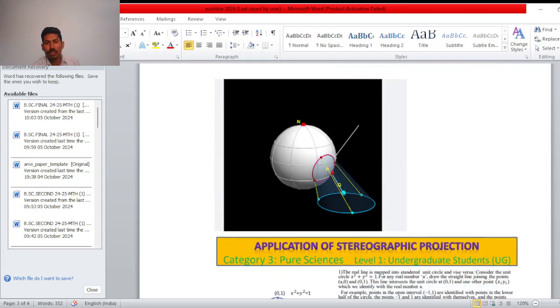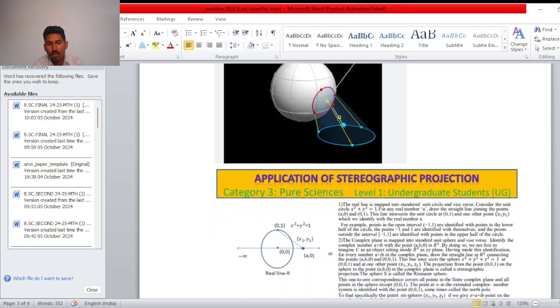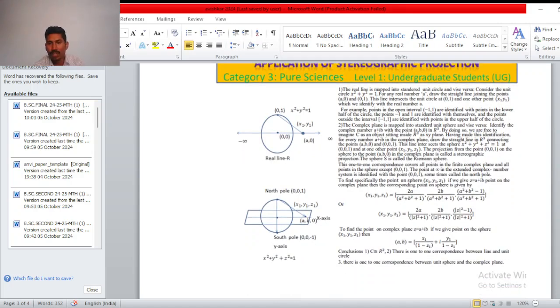So here is another beautiful picture of how a circle on a sphere goes to a circle on a plane. Here are another two beautiful pictures drawn by me, not taken from anywhere or from Google. I simply drew them. And here is a formula to convert a complex plane to a sphere and a sphere point to a complex number in a one-to-one correspondence manner. These two formulas are important in a stereographic projection.